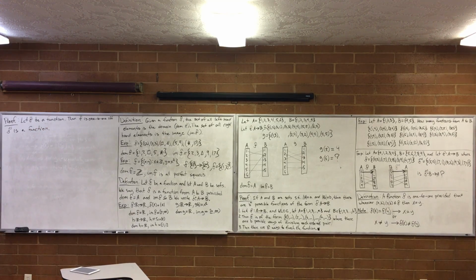You understand what we're proving? So I've got a function. If its inverse is also a function, then the function was 1 to 1. Or I've got a function. If the function is 1 to 1, then its inverse is also a function. They're logically equivalent. That's what we're proving.